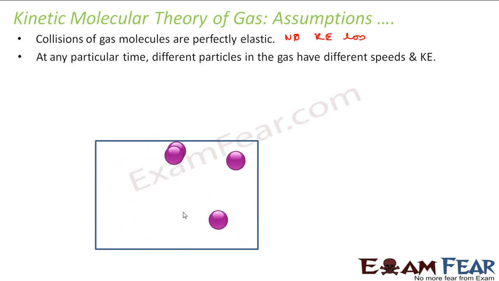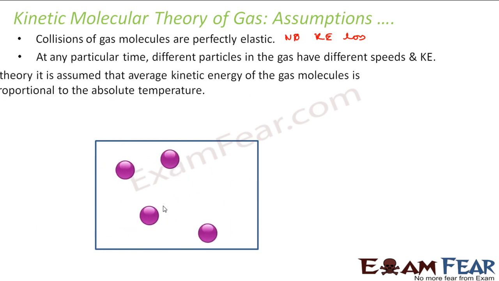And that is why it's very difficult to find each and every molecule's kinetic energy. First, it is difficult to spot the molecules themselves because they are so small and there are so many of them. In a small jar itself, you will find billions and trillions of molecules. So it's difficult to spot them, and calculating the velocity of each and every molecule is all the more difficult.